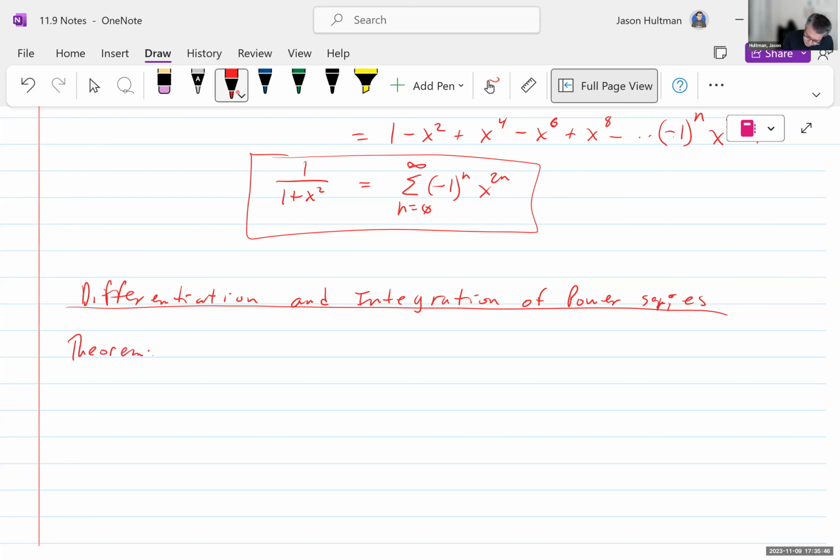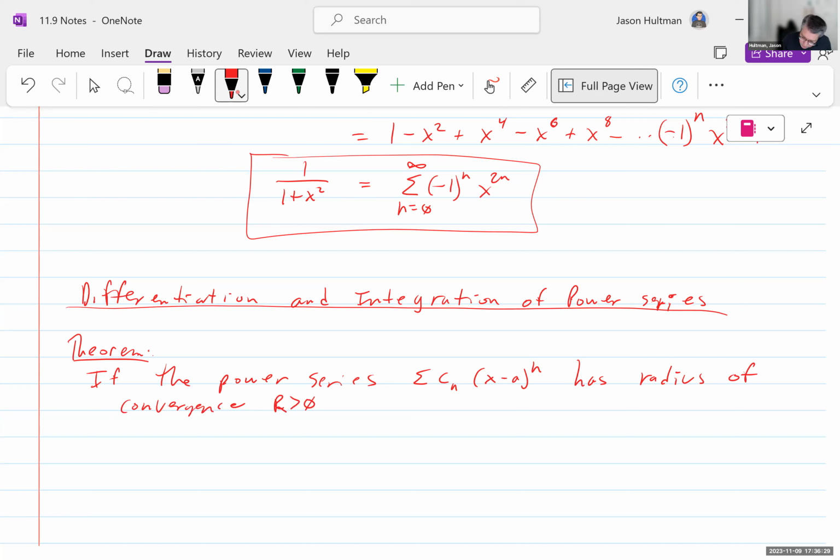So, theorem. Okay, if the power series summation Cn, which is some constant, times x minus a to the nth power, so each term will have a different constant, has radius of convergence r greater than 0, so some positive r, then the function f defined by